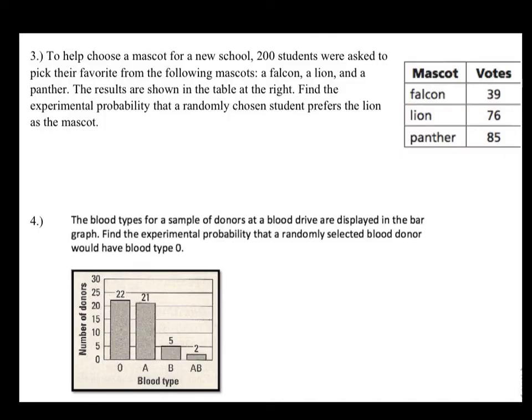So 3 and 4, it says to help choose a mascot for a new school, 200 students were asked to pick their favorite from the following mascots: a falcon, a lion, and a panther. So the results are shown in the table at the right. And the experimental probability that a randomly chosen student prefers a lion as the mascot is